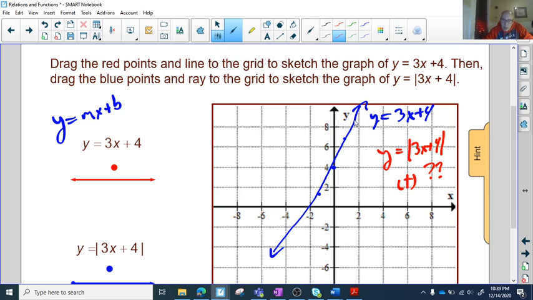Well, on this part of the line up here, the y values are already positive. Nothing should happen to those. But then when you start down here, when you take the absolute value of this number, which let's say is at -1, it should jump up and switch to +1. This one, which is here, should switch up to +2. This one that's here, which is at -4, should go straight up to 4. And your graph,